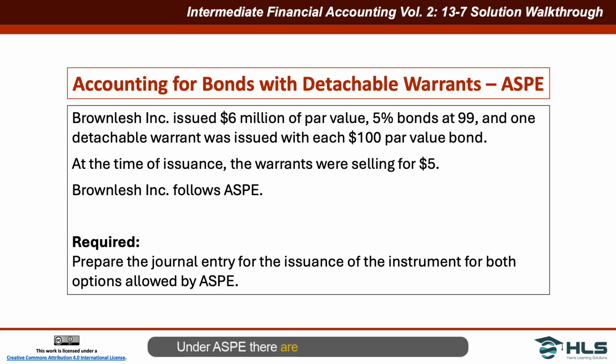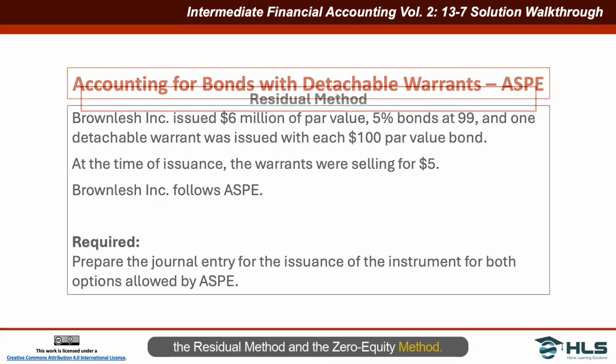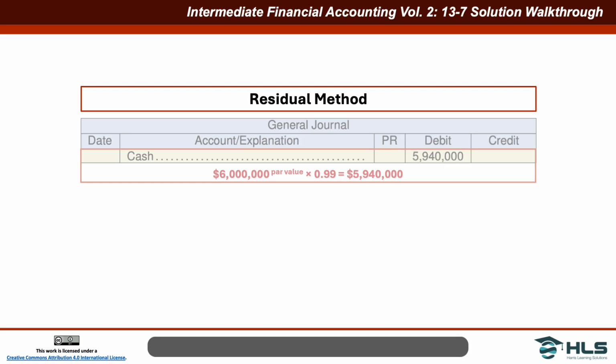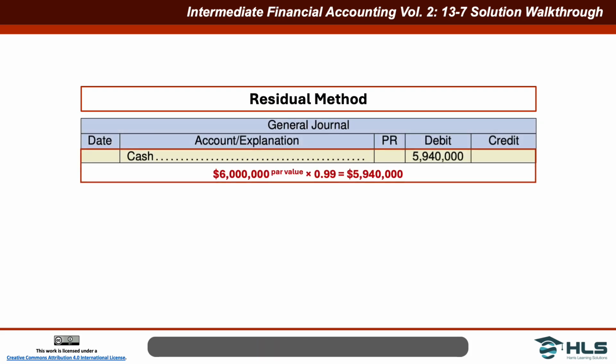Under ASPE, there are two methods available for accounting for bonds with detachable warrants: the residual method and the zero equity method. Under the residual method, what we'll do is calculate the amount that should be allocated to the warrants, which comprise the equity component, and the remainder or residual will be allocated to the debt. Let's start with the easy item, which is cash. The company will receive $5,940,000 calculated as a $6 million par value times 99% or 0.99 because the bonds are